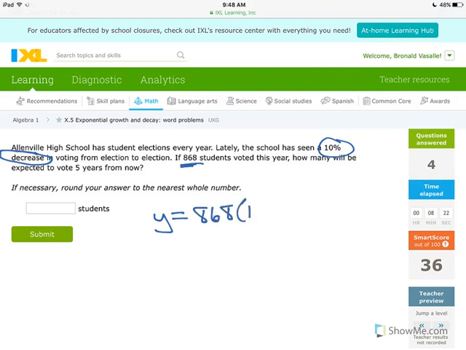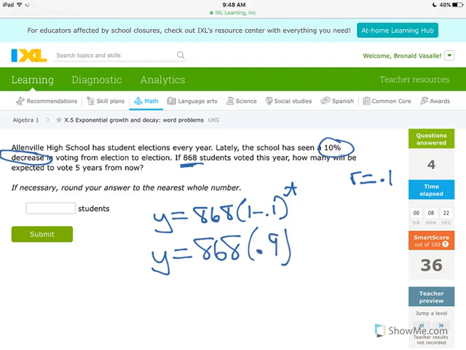And it's going to be 1 minus the rate, so it's going down at 10%, so R as a decimal is going to be 0.1. And the number of years, so y equals 868 is the start value. It's going to be 1 minus 0.1, which is going to leave you with 0.9,